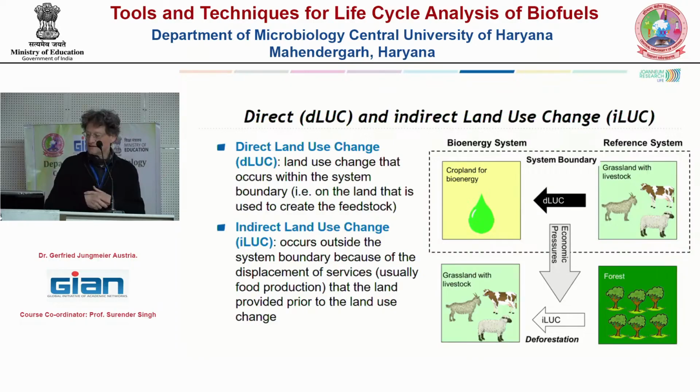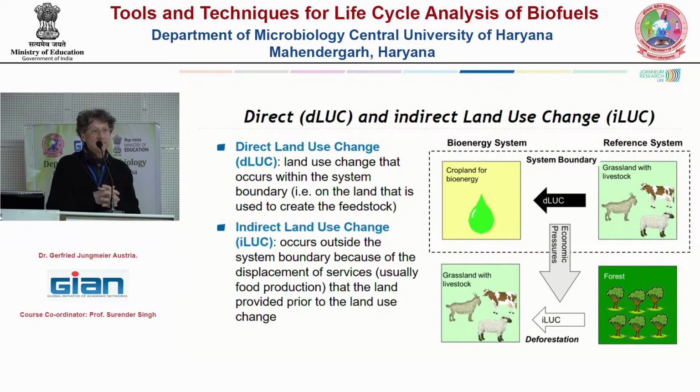you have to consider that if you want the same amount of grassland because you have the same amount of animals, this is called indirect land use change. And there's a big discussion within the LCA community about how to include this indirect land use change. Normally, on a global scale, we all know that we convert mainly tropical forests to grassland and later on to